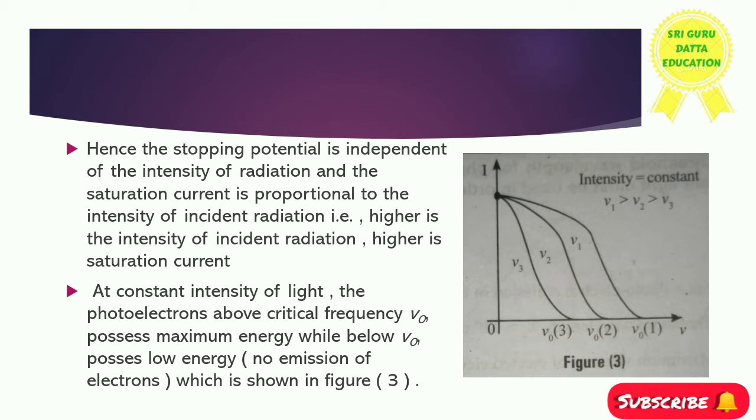That means if the intensity of incident radiation is increasing, the saturation current is also increasing. That means they are equal. Intensity of incident radiation is proportional to saturation current. At constant intensity of light,